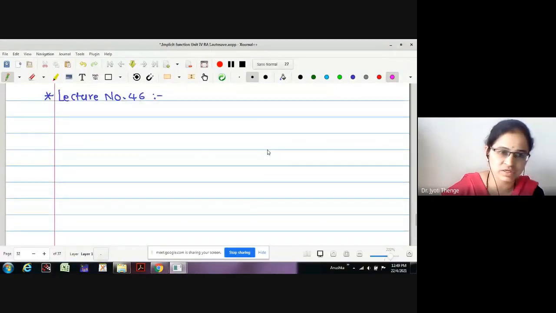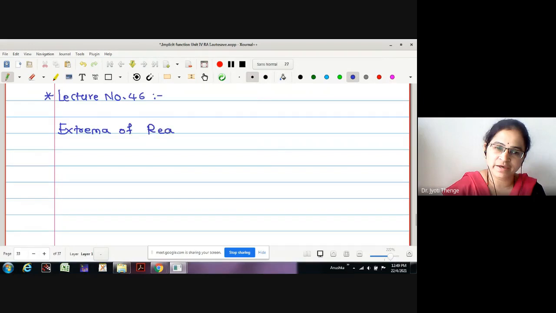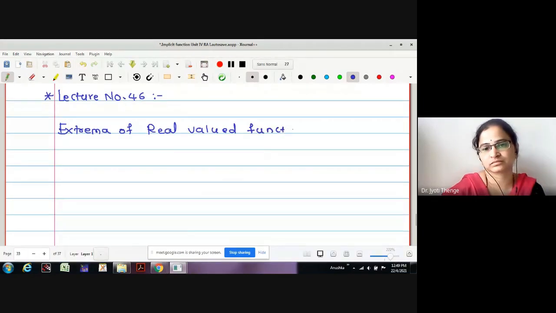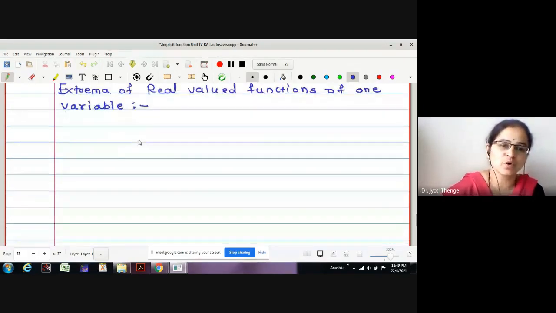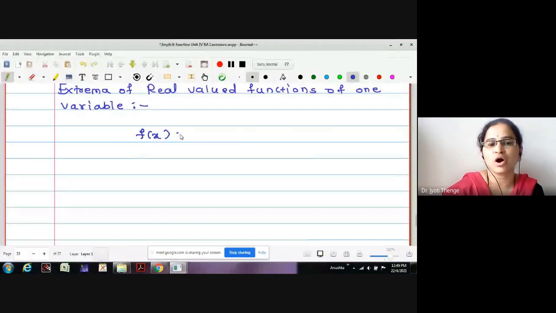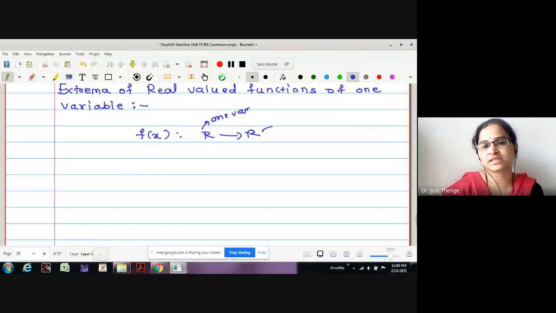Now, we were going to discuss extrema of real valued functions of one variable. After the discussion we have made, suppose f(x) is given to be a function of the type R to R. R to R means it is one variable and this is real valued. And if someone wants to find out the extrema for this function,